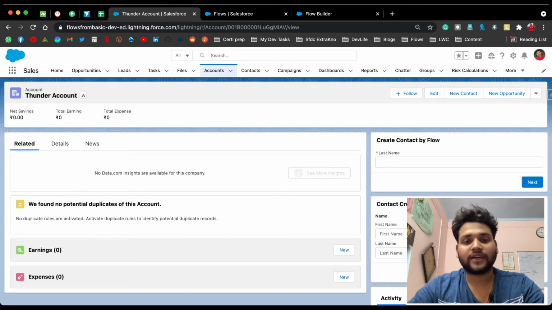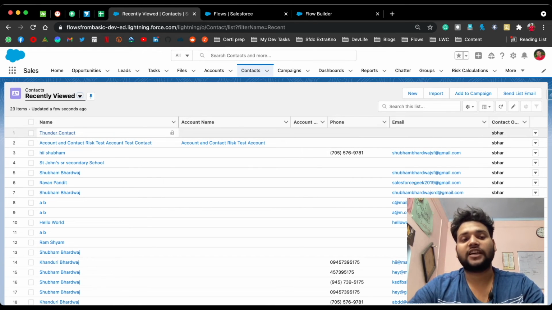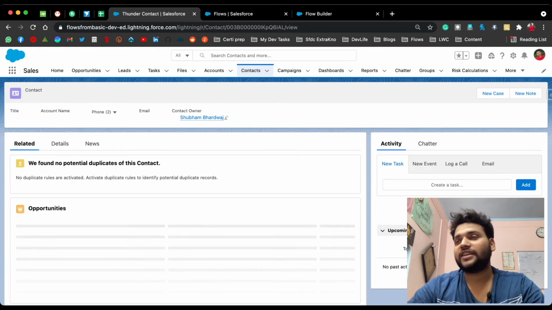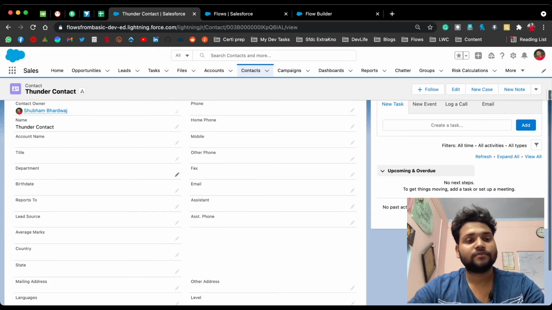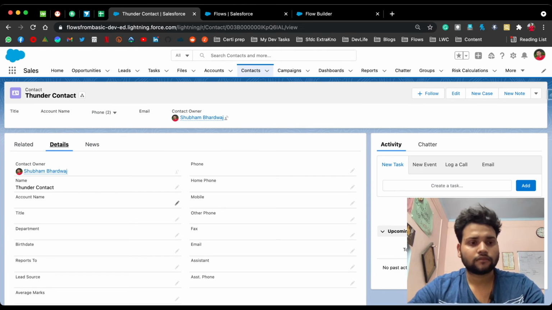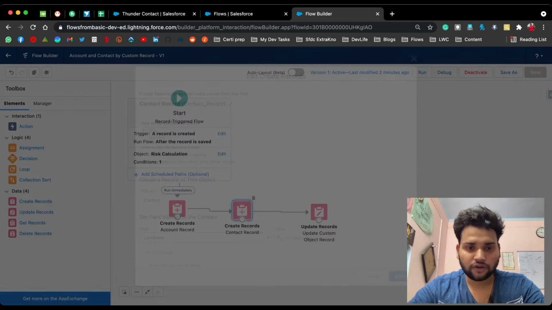So let's move to contacts and see, yeah, we also have the Thunder contact record which we created from Salesforce flow. And if we go to details, you can see in the account section, okay, we don't have an account name over there. So let's move to Salesforce flow and let's check our contact records.